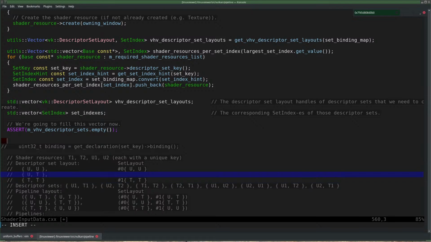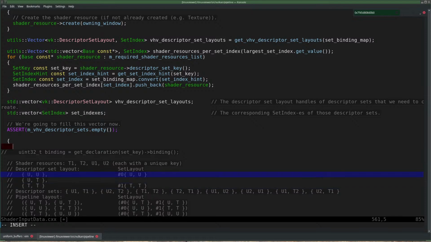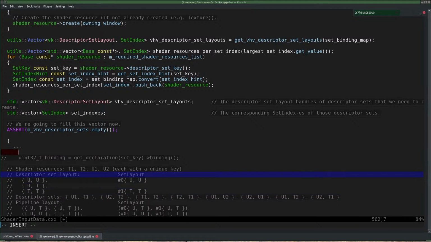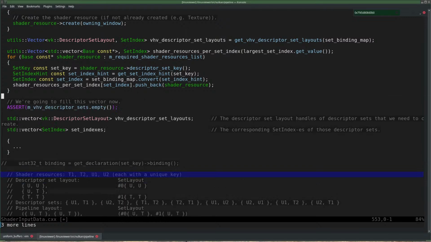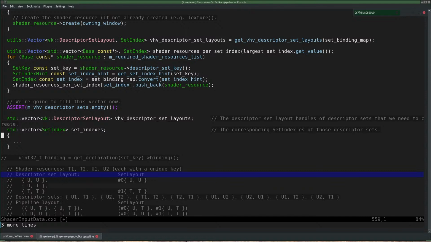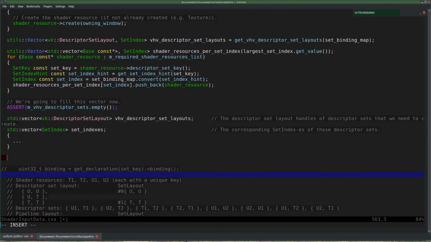So let's say that here I am going to add code that magically fills the above vectors, these two. Then maybe I should move this up a bit. And then afterwards I can call